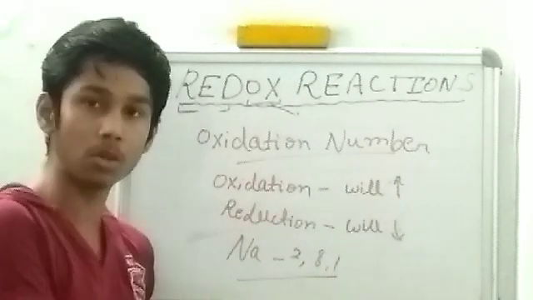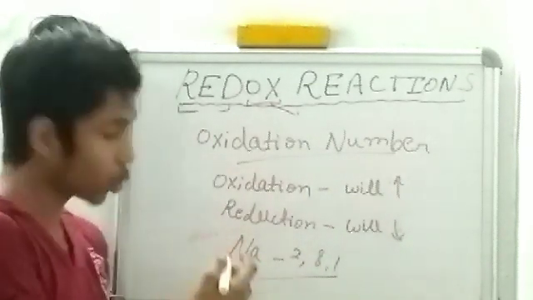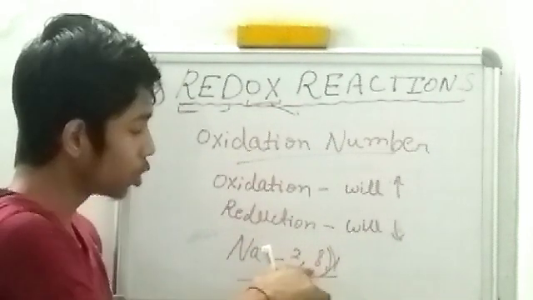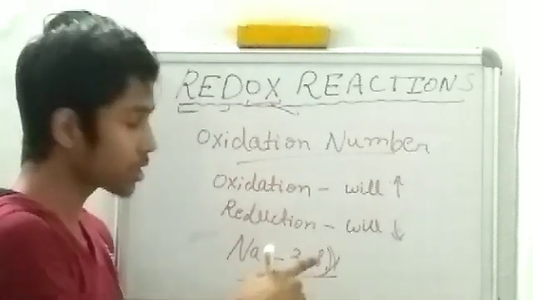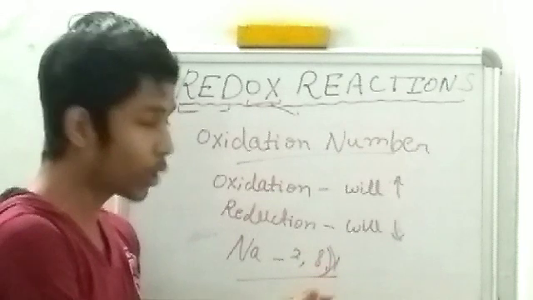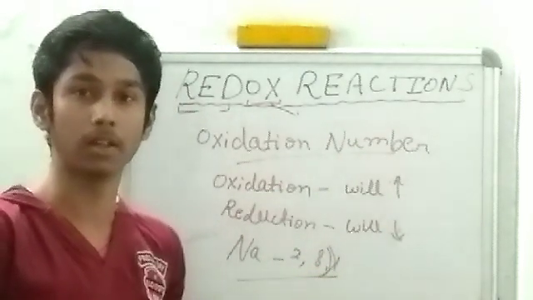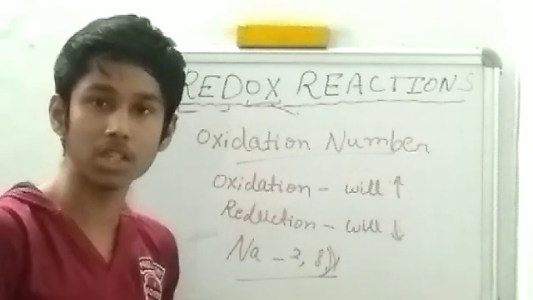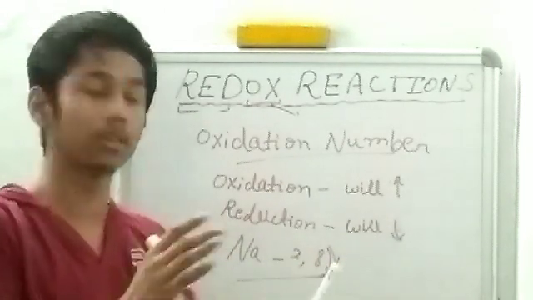So sodium will either have 2, 8 or 2, 8, 8. It is very difficult to form 2, 8, 8, because it is very difficult to get 7 electrons from somebody. But it is very easy to lose 1 electron and